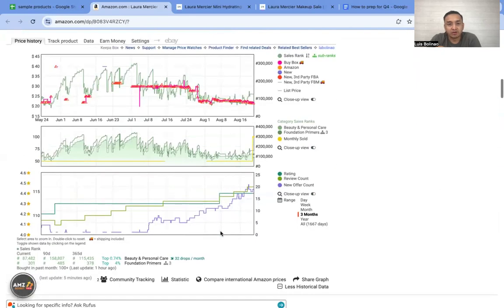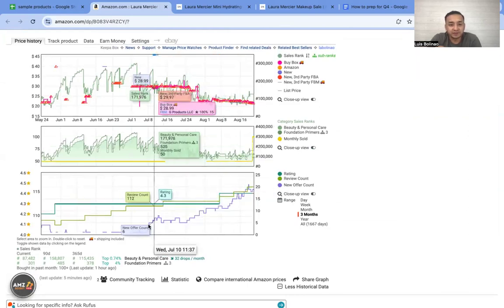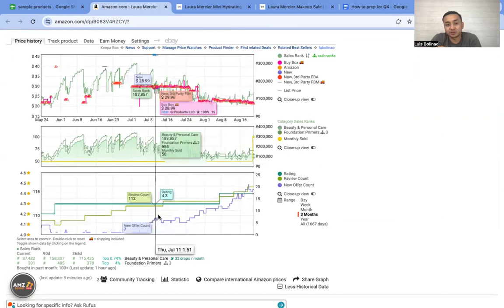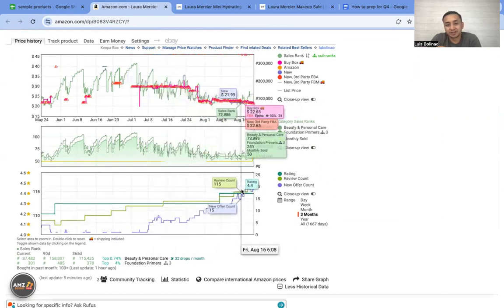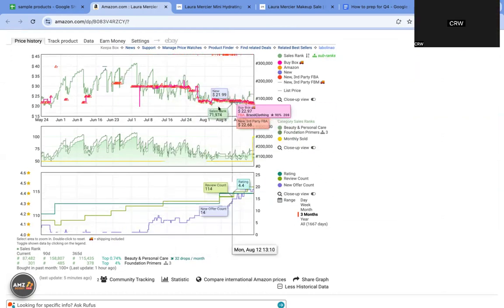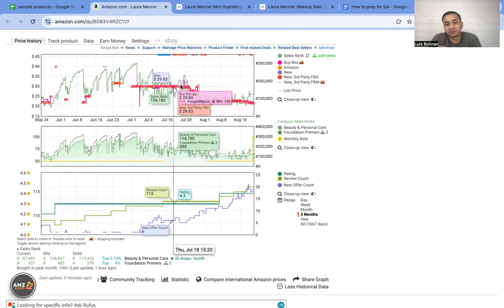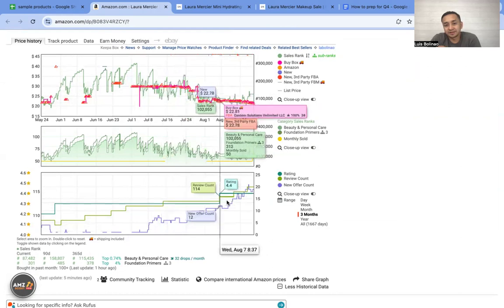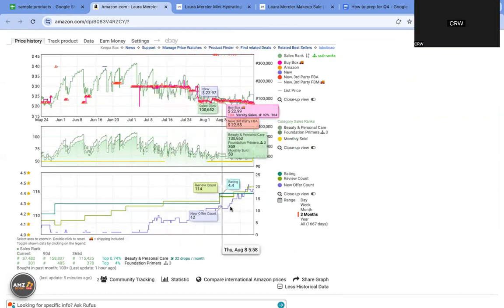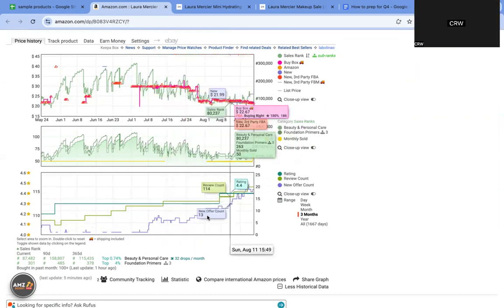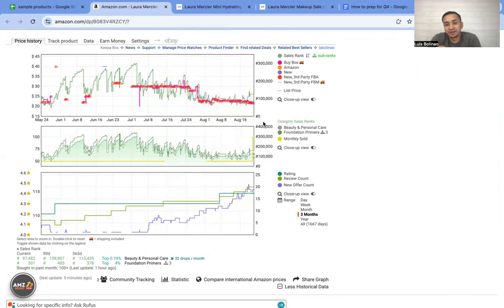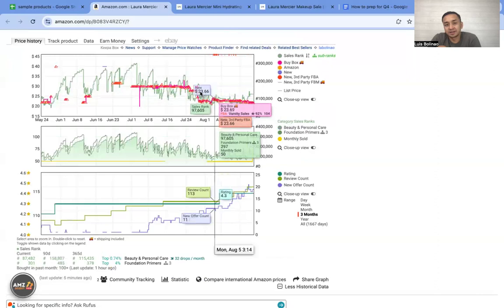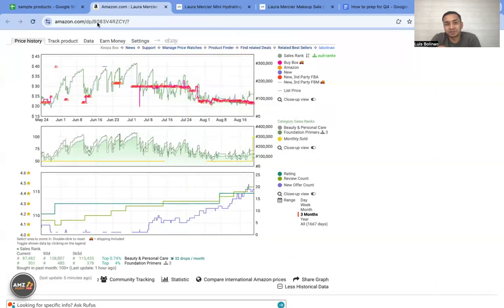And then, oh, okay, here's another red flag. If you guys see this too, it means the seller count is increasing drastically, which means the price of the product is gonna drop. You see it? So this one's about to tank. It's getting way too saturated, so people are dropping their price to leave the listing. So this one's a bad product,